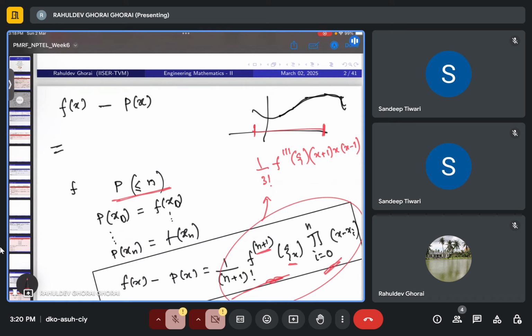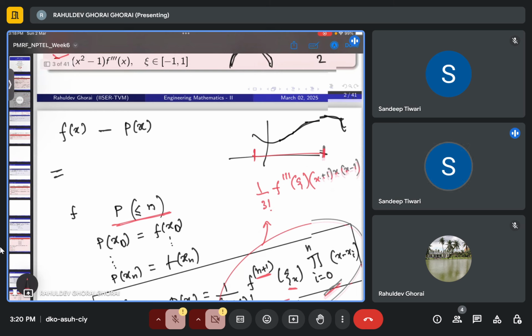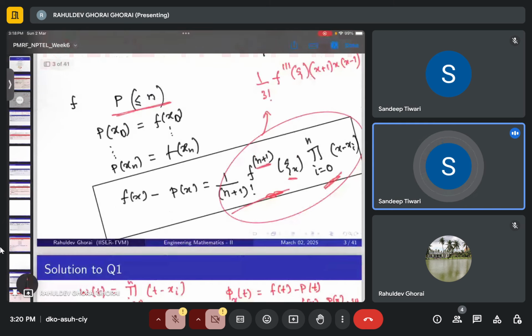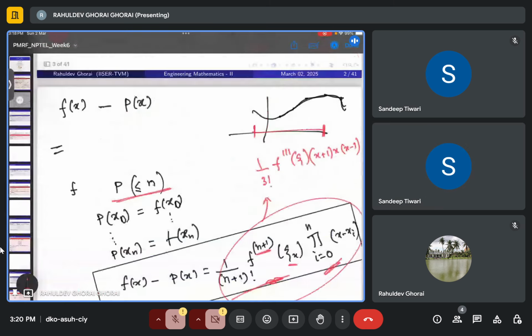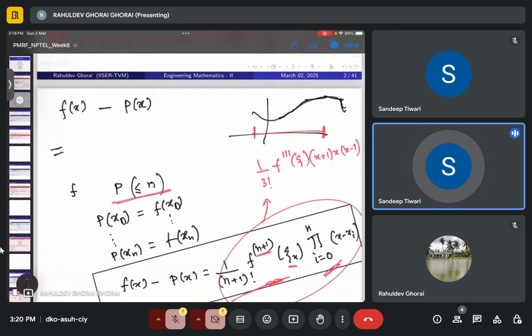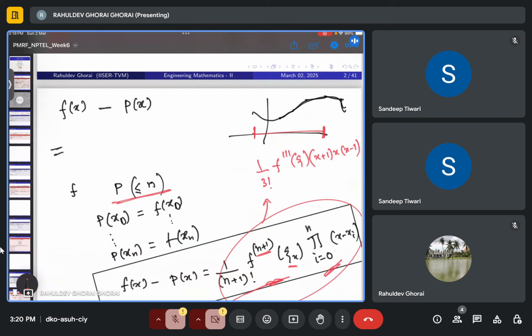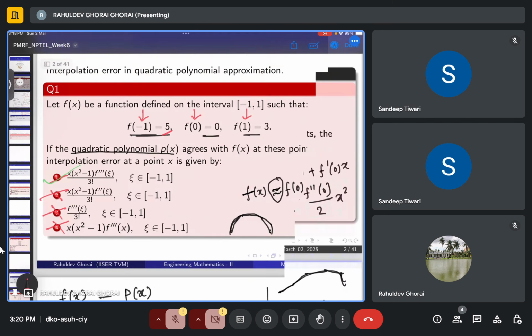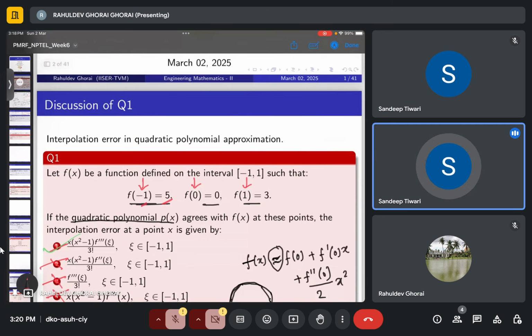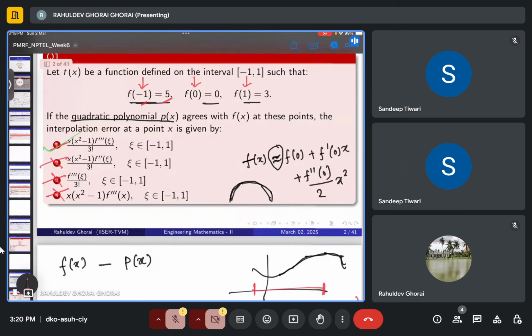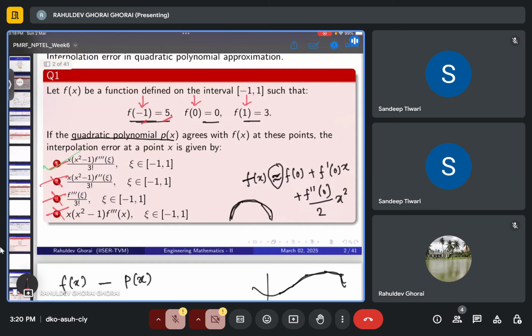Okay, what is the error of that? Sir, n is the number of points where f is defined, sir. Number of points where the value of the function is given, sir. No, that is n plus 1. So when you evaluate,